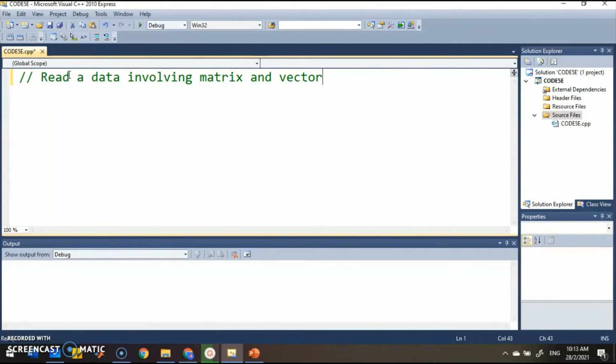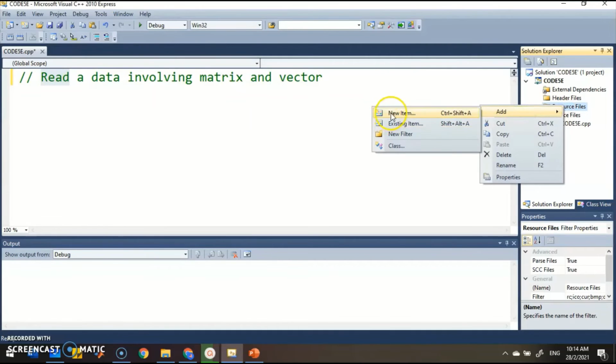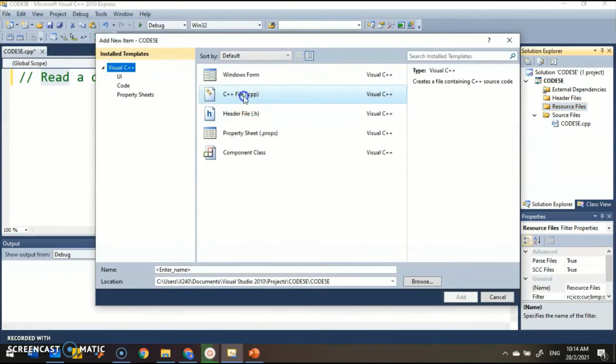So what you need to do here, because I say read data, not write data, so to read data I need to have ifp, and I need to have an input file. To create the input file, go to the resource file, add new item, choose C++ file, and here,